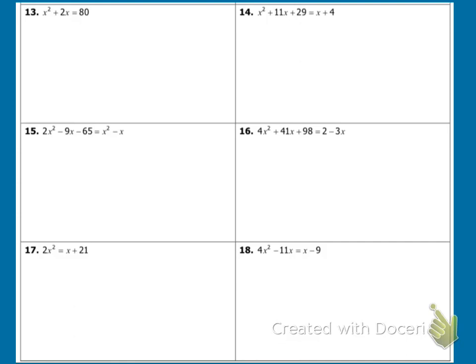So you choose the side to move it so that that's always positive. Taking a look at these problems, I think I'm going to choose to do number 16. With number 16, I'm going to have to bring this negative 3x over to the other side by adding 3x. So I'm going to add the 3x to the 41x, and then I'm going to subtract 2, right? So I'll be subtracting 2 from 98, which then makes my quadratic be 4x squared plus 44x